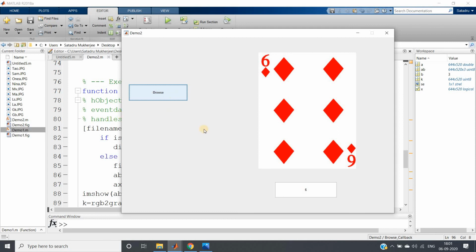If you know how to show an image in a particular axis, and how to handle some important properties like string or tag of a particular button, that is sufficient to implement this kind of project.